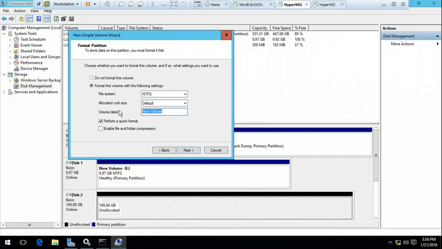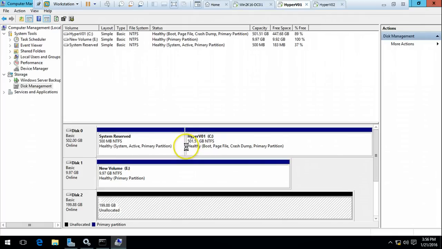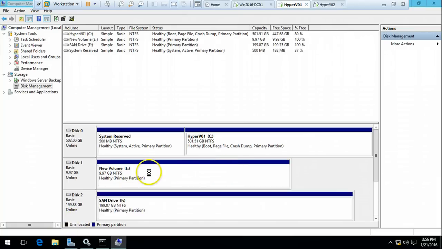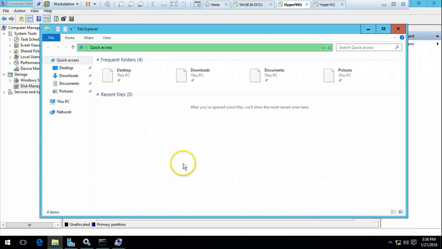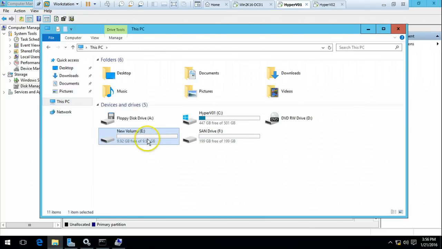I'm going to leave the name as Shan drive, and next and finish. Once the partition is created, you can verify the same in My Computer. On My Computer you can see we have two disks, one of 10 GB and one of 200 GB, and